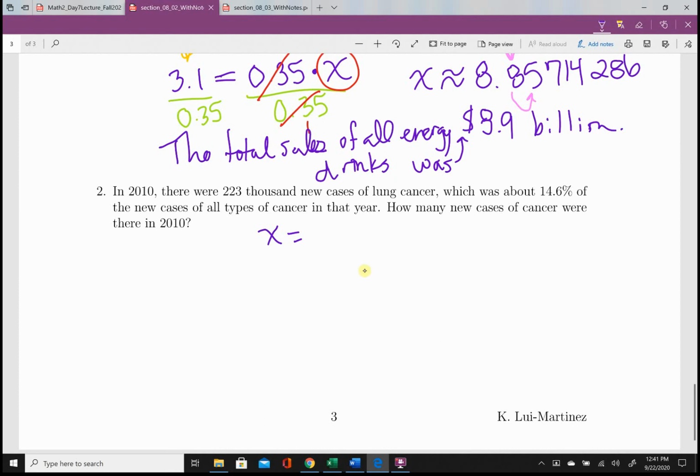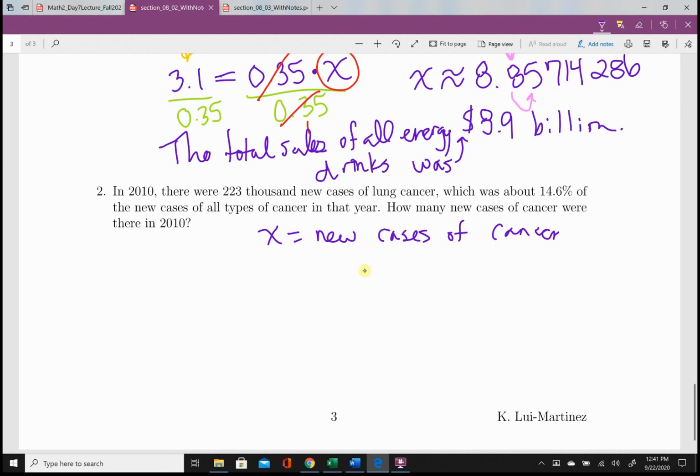X equals the new cases of cancer. Because remember, the 223,000 is just lung cancer. So we want to figure out how many new cases of all different types of cancer there were,